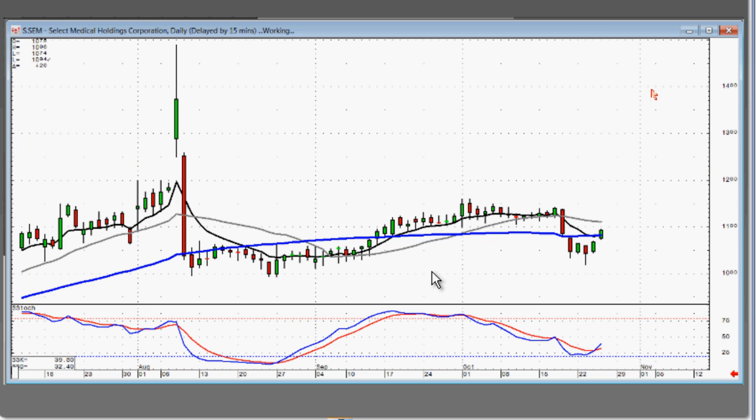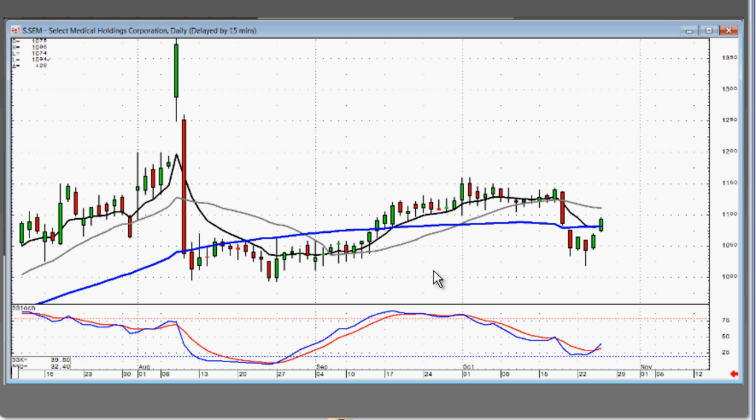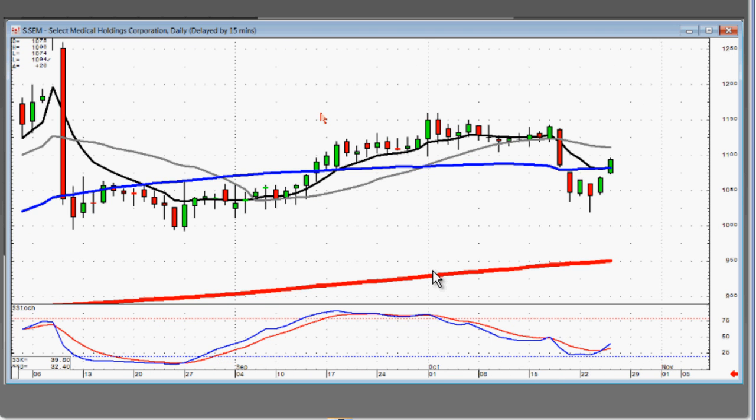SEM, notice the scoop pattern. Again, another reason for going after the patterns versus just uptrending stocks is we know what the reaction is from patterns. They're usually a very strong price move. So this one had a little gap up through the T-line today. If it keeps moving and breaks through this level, you could have a good, strong 30-40% price move,